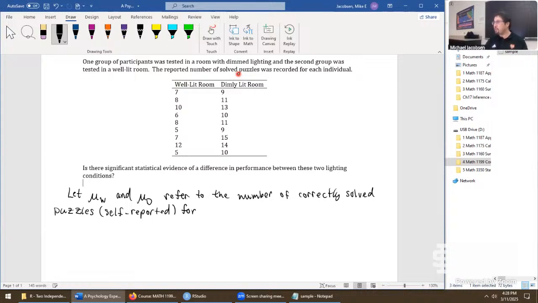Or I kept saying students. We don't know exactly that these were students, but in a university setting, it most likely would be. I'll just rephrase this as participants. For participants